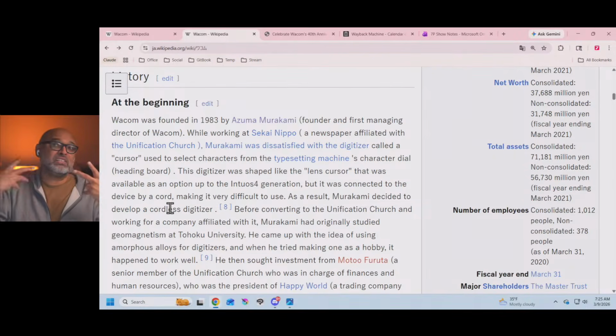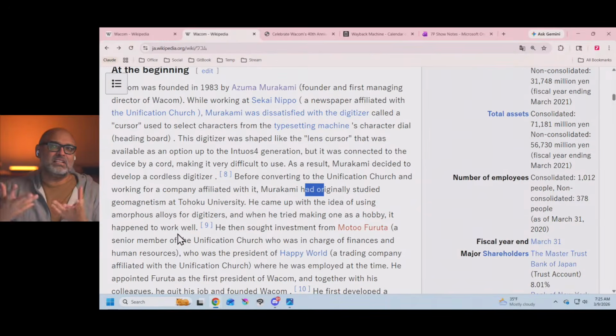And you'll see that this word digitizer is the word that is used. In fact, Wacom described their products as digitizers for quite a while, okay? And this Murakami, look at this, he originally studied geomagnetism. This is actually important because he understands something about electromagnetism, which is of course critical to how Wacom technology works,